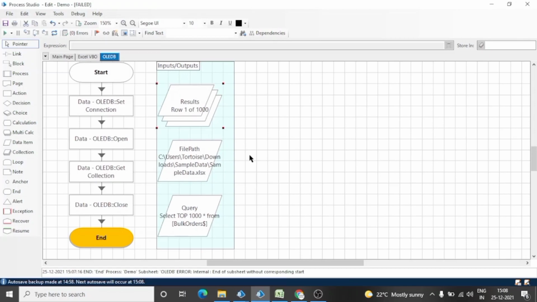This concept is different from filter collection. In filter collection, first we fetch all the data into the collection and then we apply the filter. But in this scenario, we directly apply the filter and fetch the data from Excel on the basis of a condition.